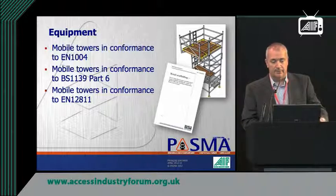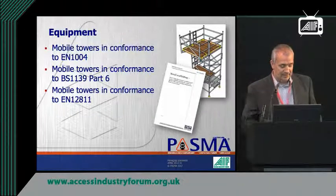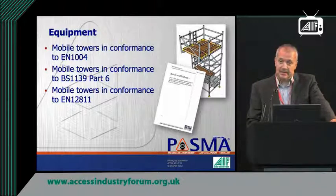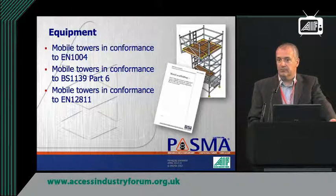So the equipment. Mobile towers conform to the standard EN 1004. That's the standard for straight up mobile access towers. It encompasses towers from 2.5 metres up to 8 metres external use, and 2.5 metres up to 12 metres internal use. Mobile towers in configurations other than straight up have to conform to another standard,